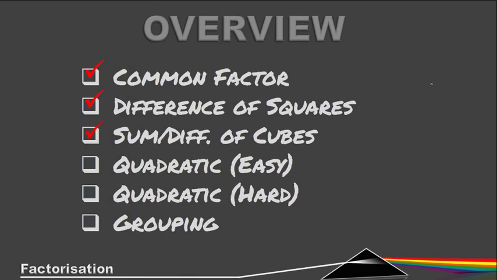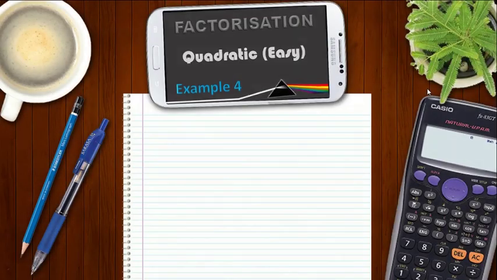So now we move on to quadratic, easy quadratic factorization. In this example, we've got x squared minus 2x minus 24. And always remember, quadratic expressions always have 3 terms. If it's in its standard form, the first has a term with x squared, the second consists of x, and the third one is just a constant. So what we do is we once again open two